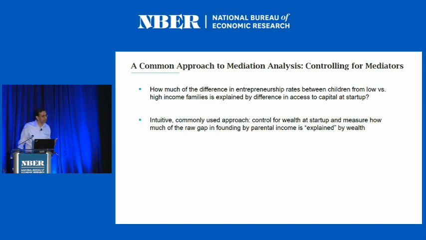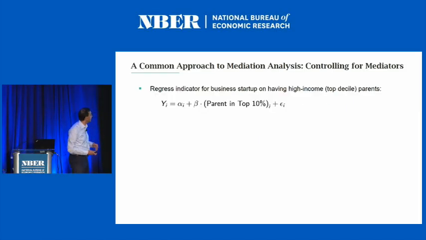An intuitive, commonly used approach is to control for wealth at startup and measure how much of the raw gap in founding rates that we saw by parental income is explained by controlling for wealth. So just to show you concretely how that works in this application, let's say we take this indicator for business startup that I was plotting initially and regress that on a dummy for having high income parents,